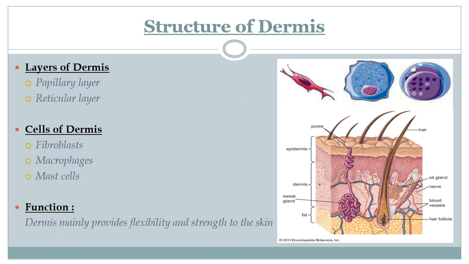The second type of dermal cells are macrophages. This term came from two Greek terminologies. Macros means large and phagi means to eat. So these are a type of white blood cells of the immune system which engulf and digest the cellular debris, foreign substances, microbes, etc. through phagocytosis.